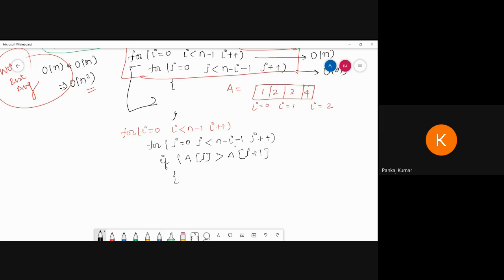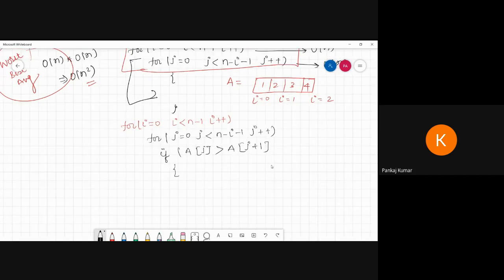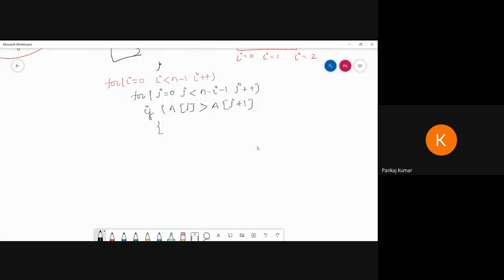Suppose this condition is true. Then inside that we have to perform a swapping operation. So we create a temp: temp equal to a of j, then a of j equal to a of j plus 1, then a of j plus 1 equal to temp, like this.